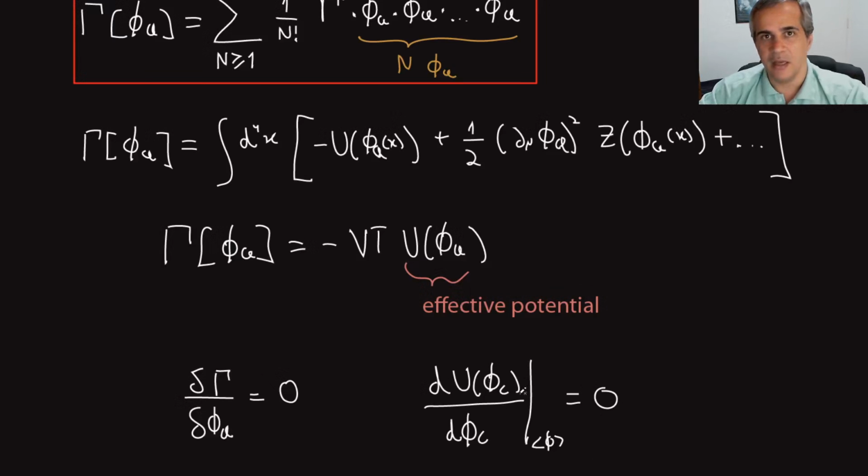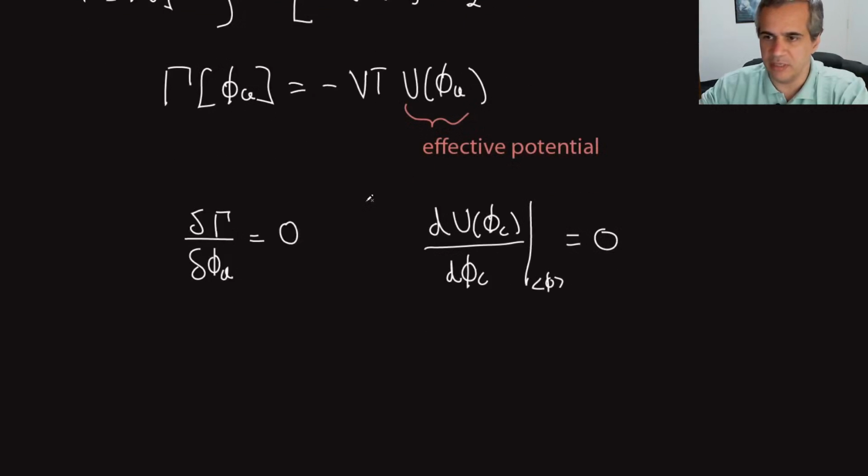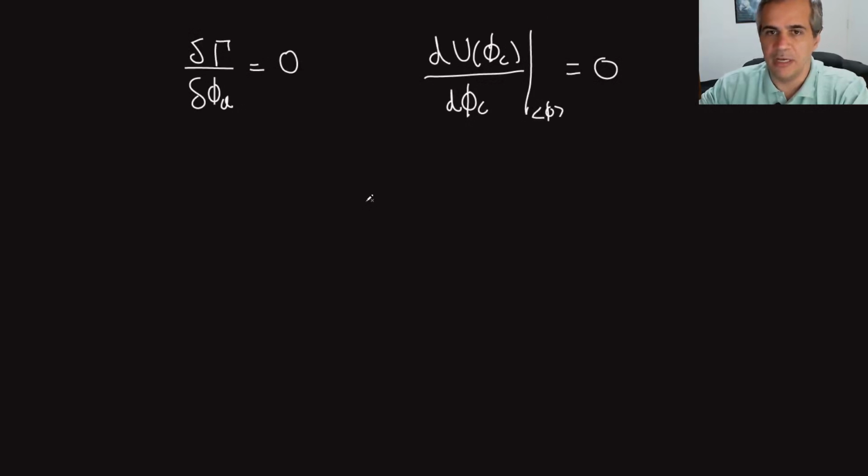and you can use that to discuss spontaneous symmetry breaking in quantum field theories, just like you would for classical field theories. You just replace the potential by this effective potential now, right? Which is again another very important object to have. As a final comment on this limit of going to the classical theory, let's think a